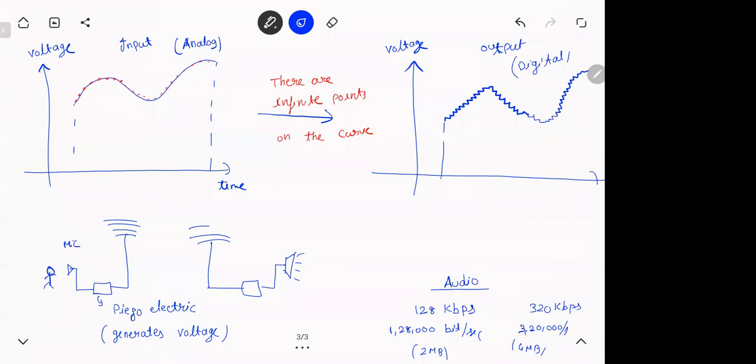So right now when I'm speaking, this is analog. What you're hearing is digital. So you're actually missing a lot of data in the middle, but your brain covers up the gaps, filling them in for you. So you think what you're hearing is my voice, but actually my voice is coming in with a lot of breaks in the middle. But this is happening at a very minute level, like 1 by 10 lakh or 1 by 1 crore of a second. You can't differentiate such a small time interval, so you think you're hearing my voice continuously.